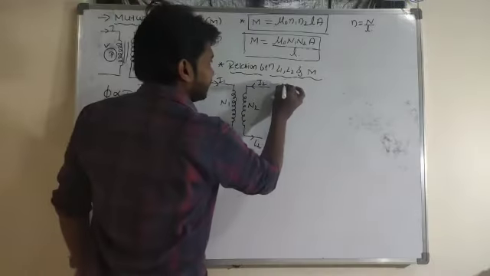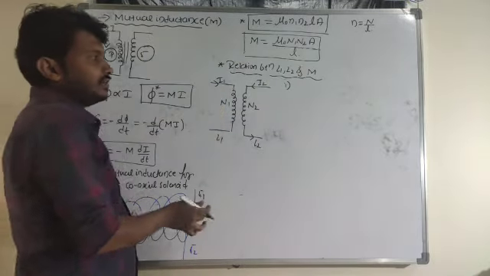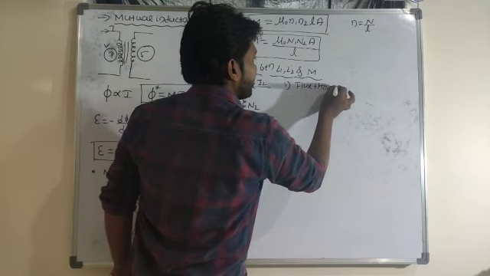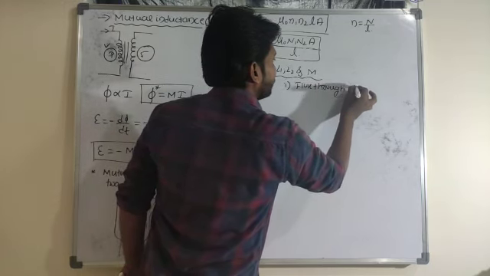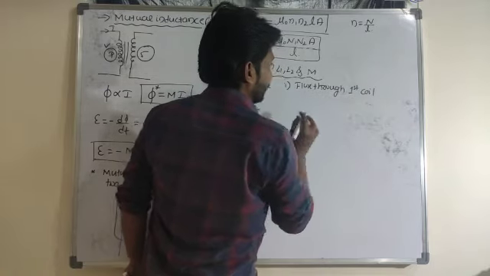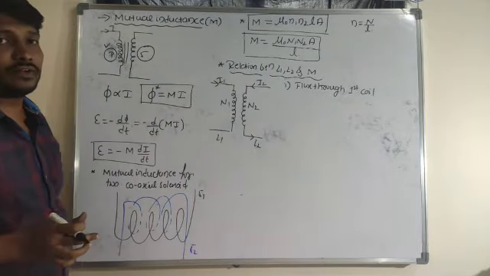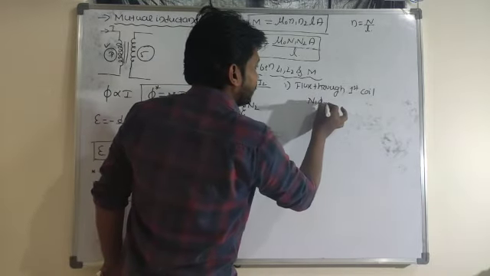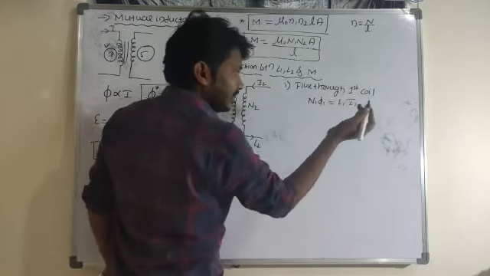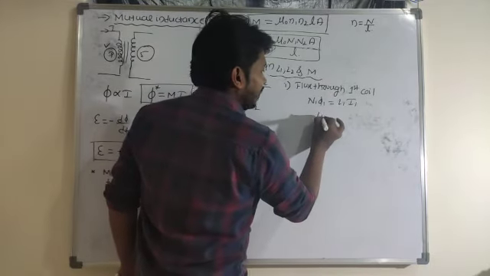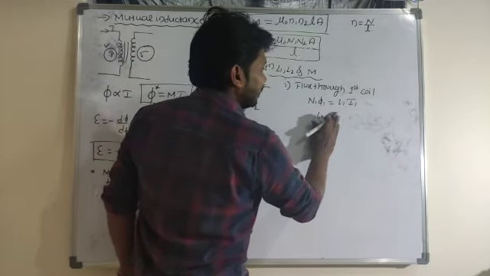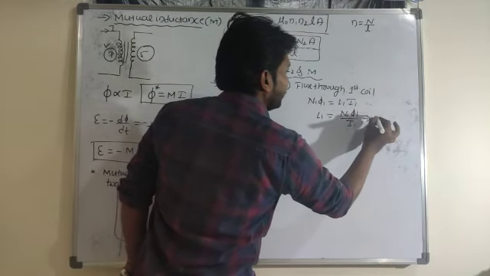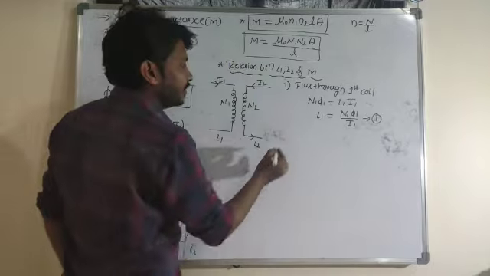Now first I will take the flux through the first coil. So magnetic flux through the first coil, phi is equal to what? From the self inductance, phi is equal to L into I, times the number of turns: N1 into phi 1 is equal to L1 into I1 here. So L1 is equal to N1 phi 1 divided by I1. Let me take this as equation 1.